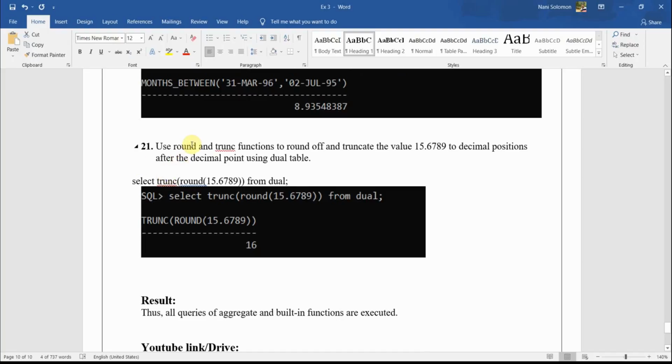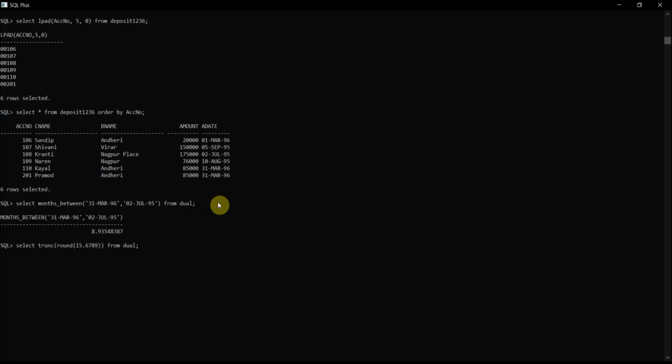Use the round function to round the value 15.6789 to a given decimal position after the decimal point, used in your table. So we need to change the value in the table accordingly. We need to get 16. If we calculate this, we get the value 16.